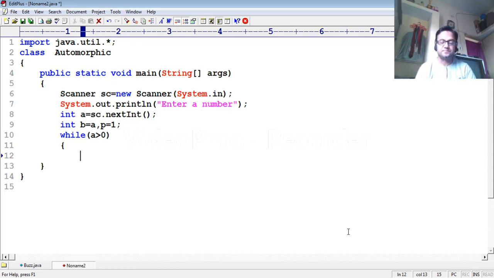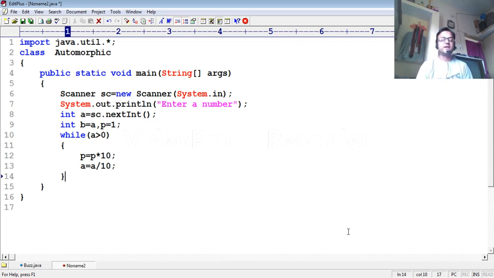Write directly p equal to p into 10, which you may also write as p *= 10. After that, the loop statement removes the last digit from the number: a equal to a by 10. This step will remove the last digit from the number.